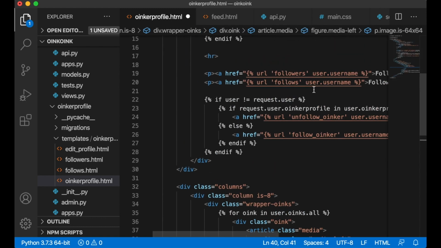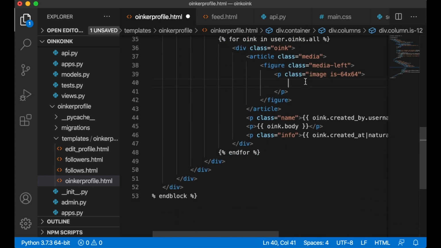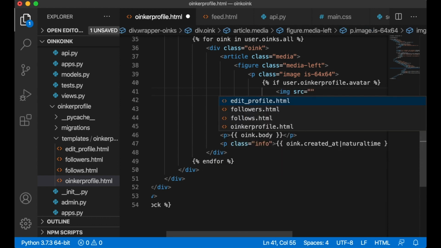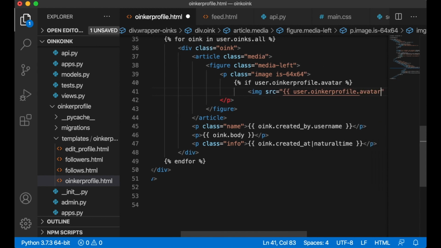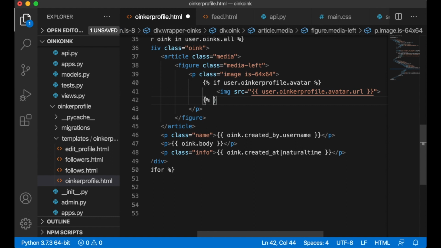I can just copy this and img src user.oinkerprofile.avatar.url and div,